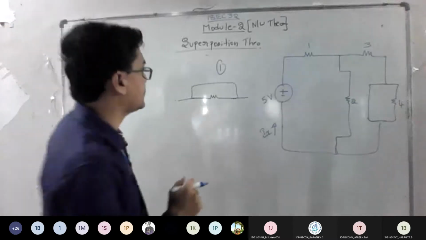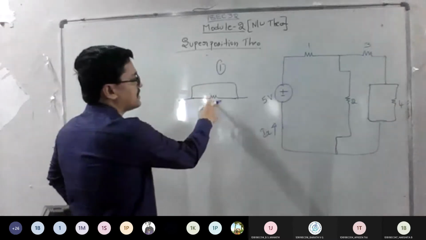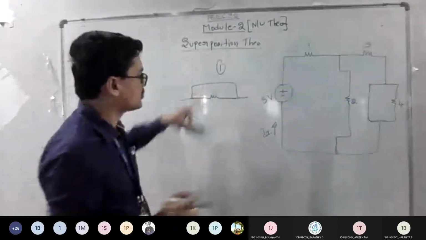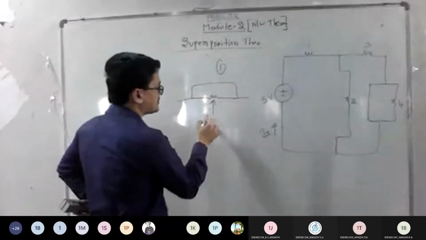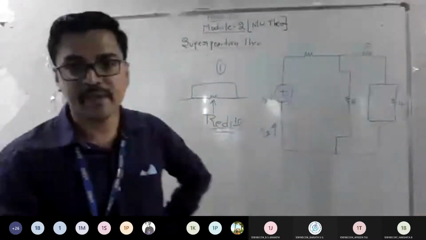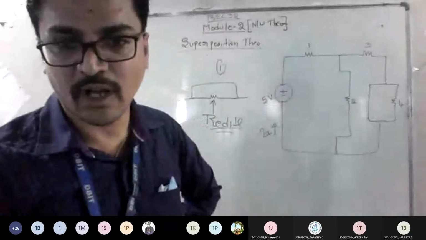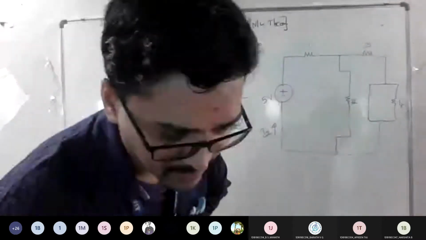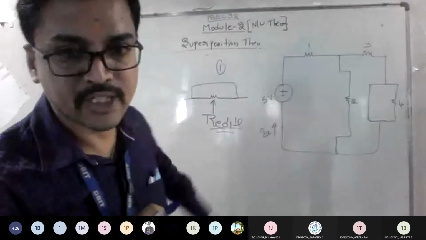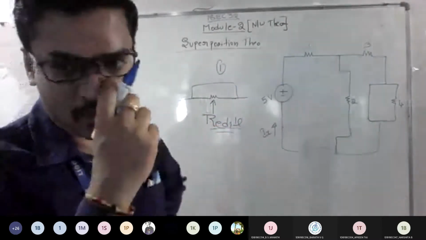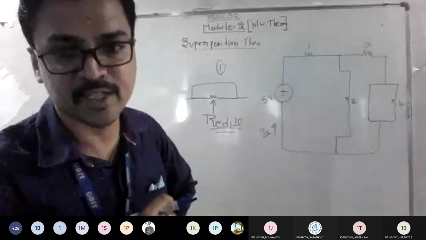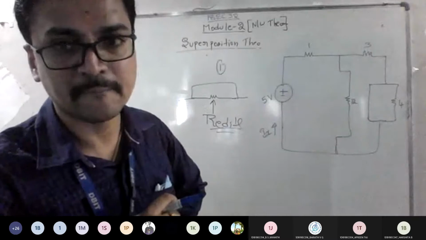Everyone listen here. Whenever you find such things, where there is a resistor with a parallel wire connection like this, such resistors are called redundant resistors. So it means current is 0. If there is no current, it means it is negligible. Am I clear? I think you'll get the same concept in the previous assignment problem I gave you. You proved that the last case, I4, is 0. Correct or wrong?